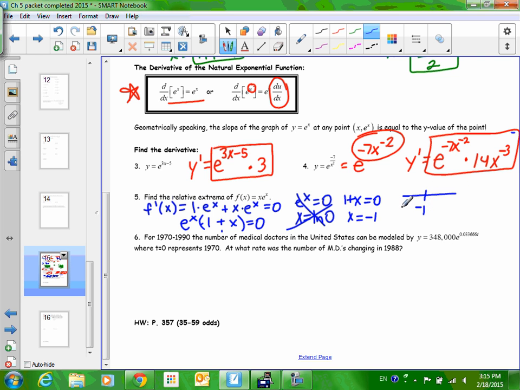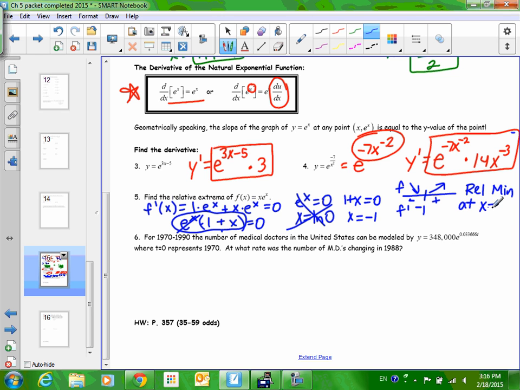So I put that on a sign chart, and I take a number to the left of -1, say -2, and I plug it into the derivative. Now I'm going to plug it into the factor, because remember e to the x is always positive, so I don't even have to plug it into that piece. 1 plus -2 is negative, therefore the function is decreasing to the left of x equals -1. What happens if you pick a number greater than -1, like 5? 1 plus 5, that's positive. So we have a relative min